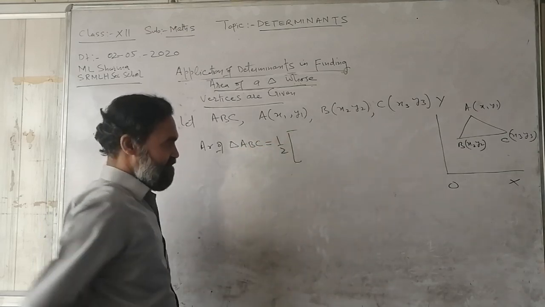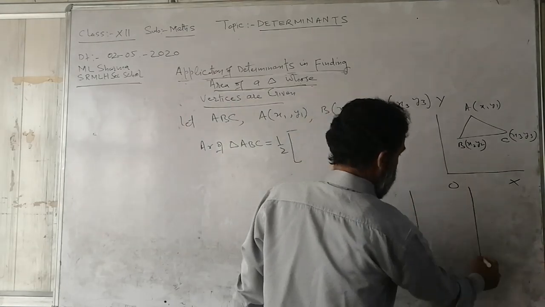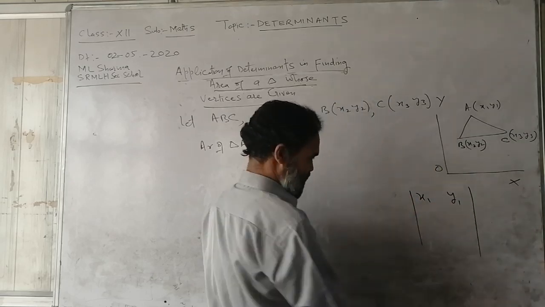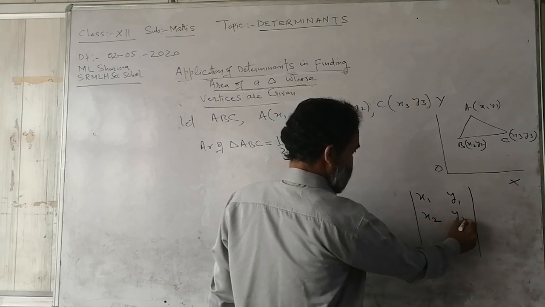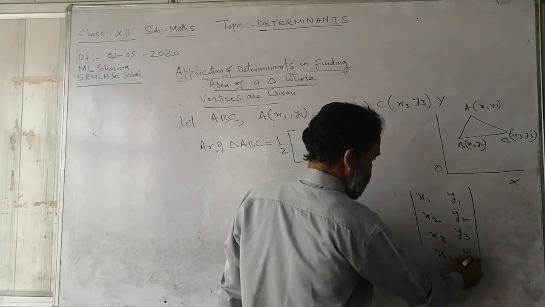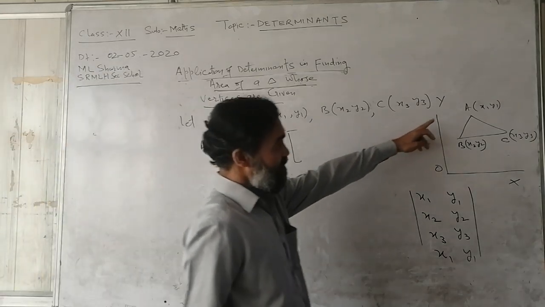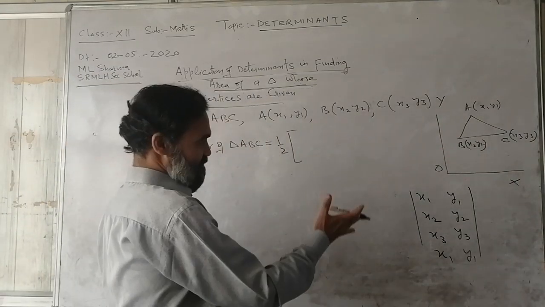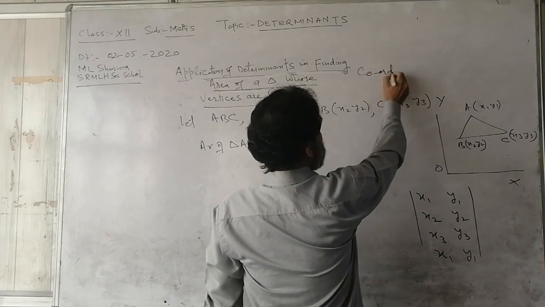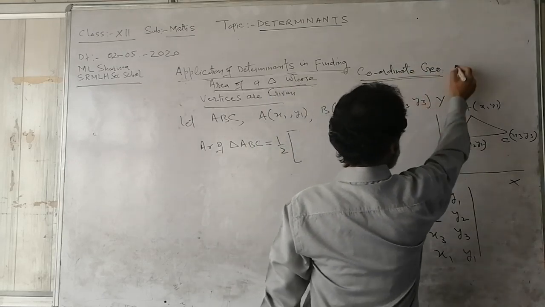can be calculated by making use of this formula, and this formula is, I write the vertices here, the coordinates. I have written the coordinates of the three vertices A, B and C. So it was in coordinate geometry, in your previous class.